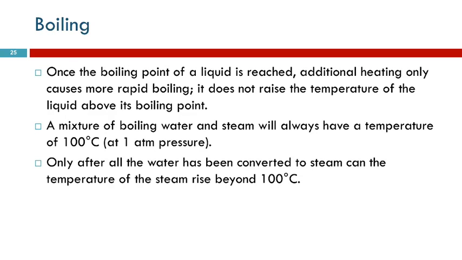So you can try this at home. Get a pan of water, stick it on the stove, put a thermometer in it, look at the temperature. When it first starts boiling, crank it up as hot as you can, look at the temperature. It's not going to change much. It's going to be 100 degrees Celsius at 1 atmosphere of pressure. The temperature will not go up until all the water has boiled away, until you just have gas. And then the pot gets really, really hot. It starts smoking and you have all kinds of trouble.